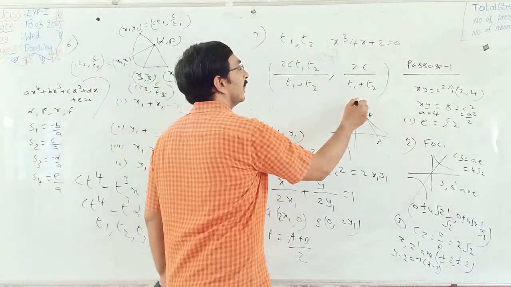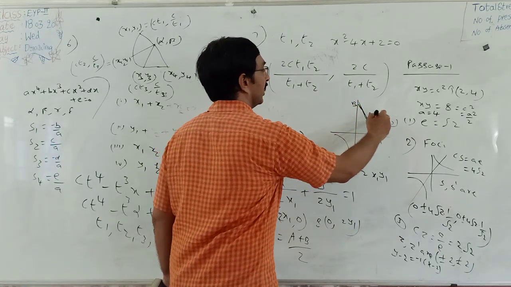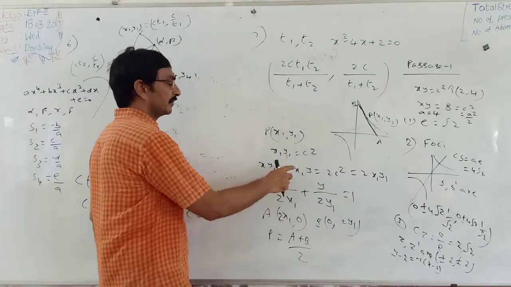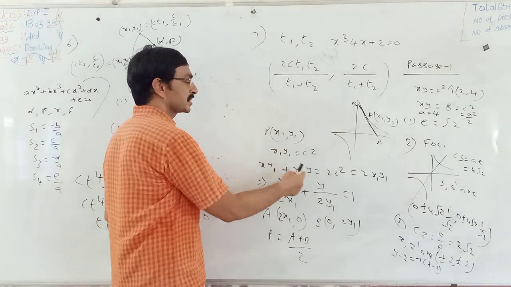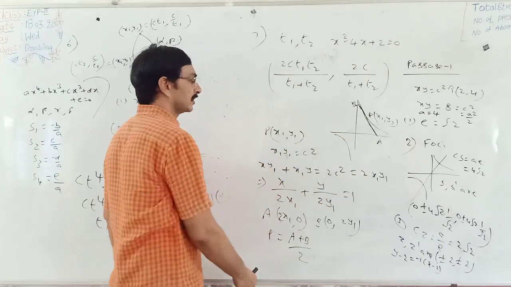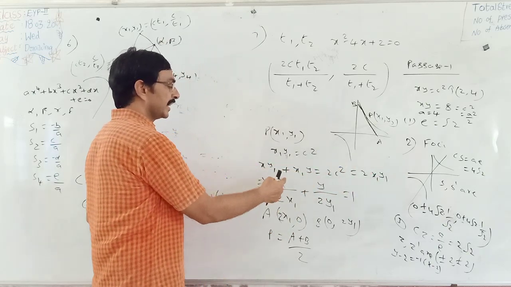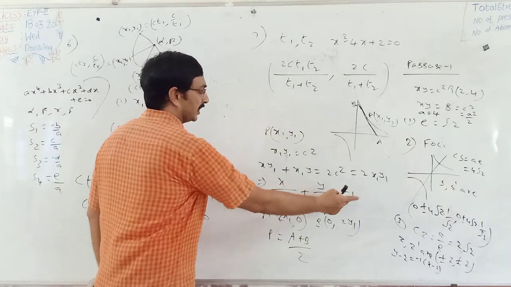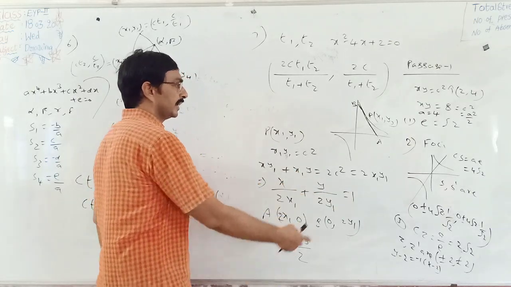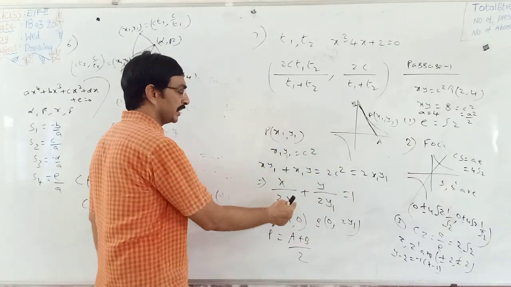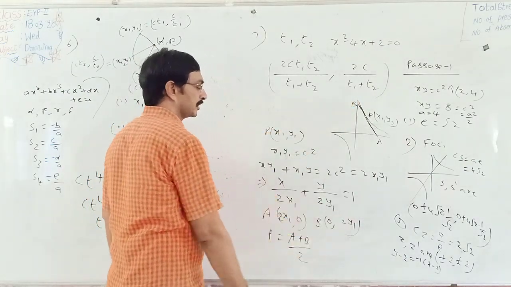Now, yesterday we have seen the equation of the tangent at the point (x1, y1): the formula x y1 plus x1 y equals 2c square. But from this, c square equals x1 y1. Therefore it is 2x1 y1. Divide by 2x1 y1 on both sides. This becomes x by 2x1 plus y by 2y1 equals 1. This is in the form x by a plus y by b equals 1. Then this point (a, 0) means (2x1, 0), and this point (0, b) means (0, 2y1).